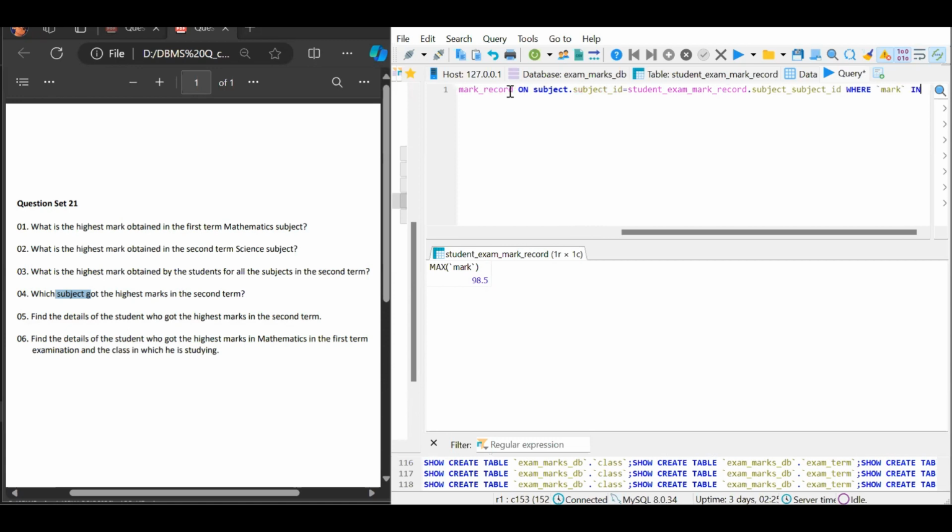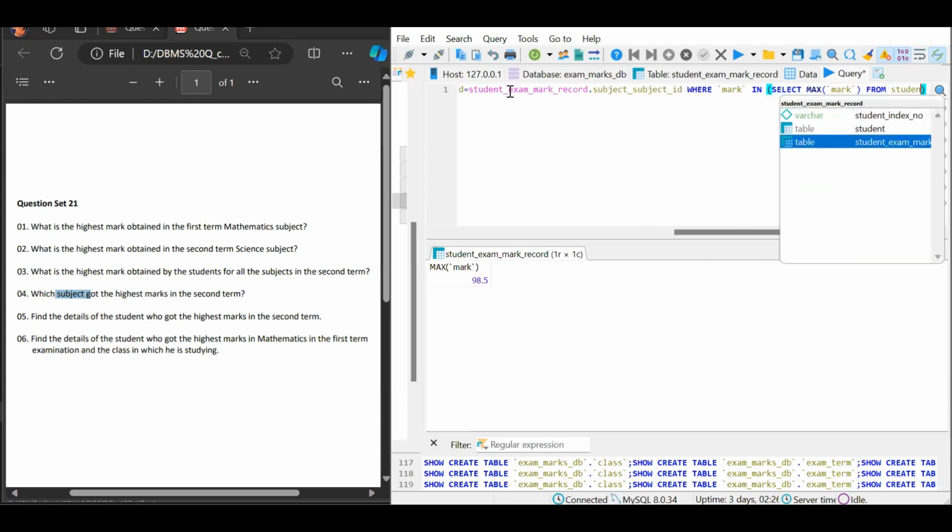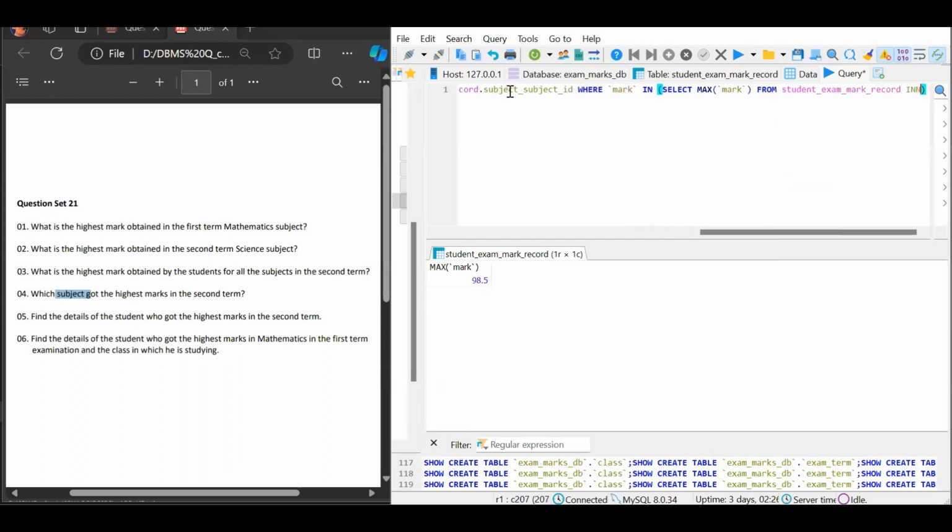We can use the in keyword as we're gonna use a subquery here, and then inside the brackets we can type the subquery as select. We need to find the max mark or the highest mark. So inside the brackets, we use the column name mark, and then we use the from keyword, the student exam mark record table, and then we use an inner join here to join our exam term table,